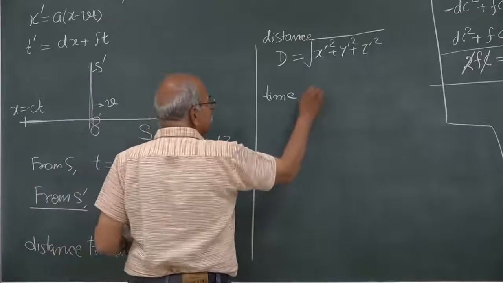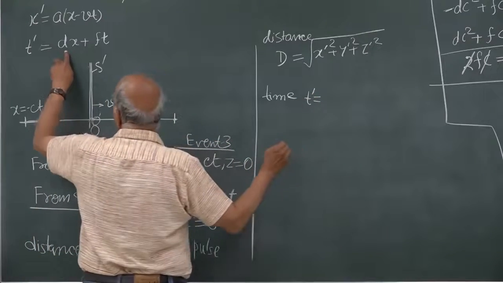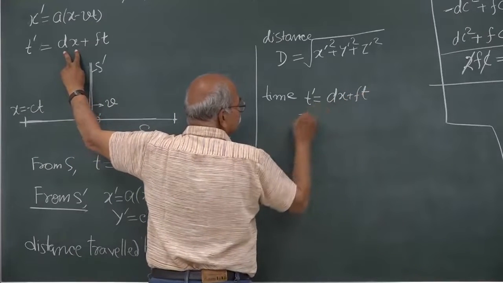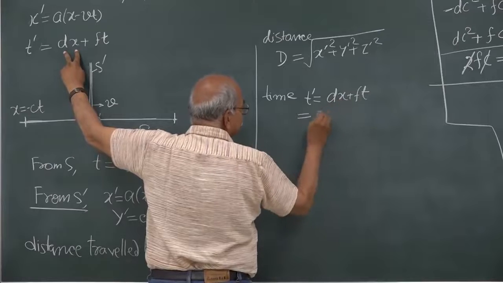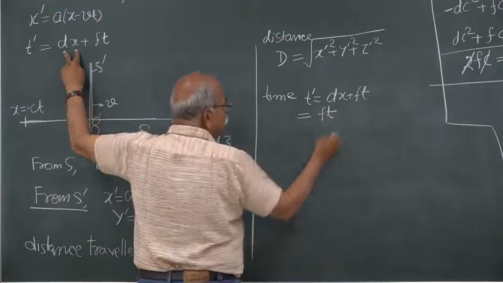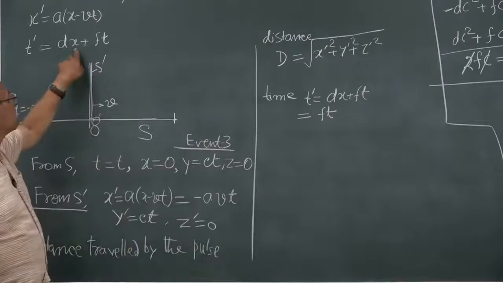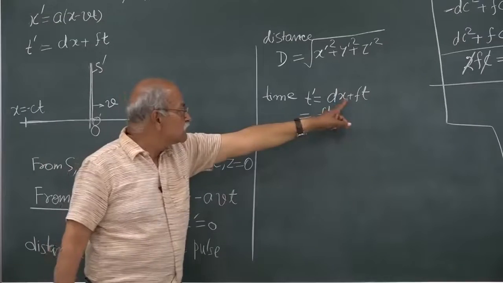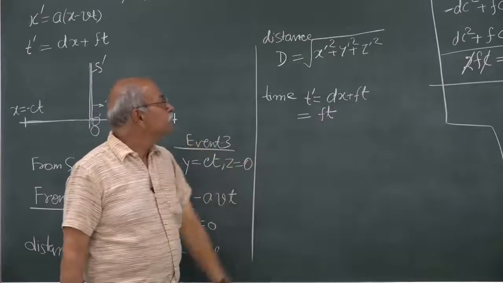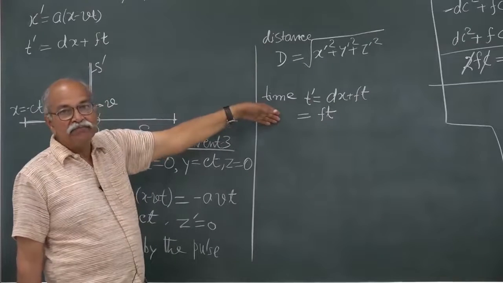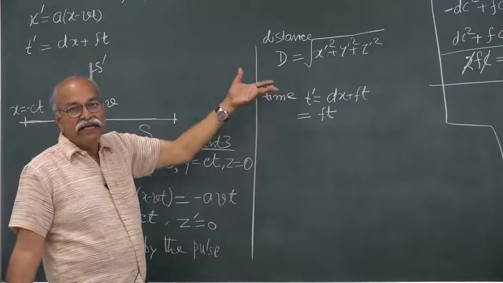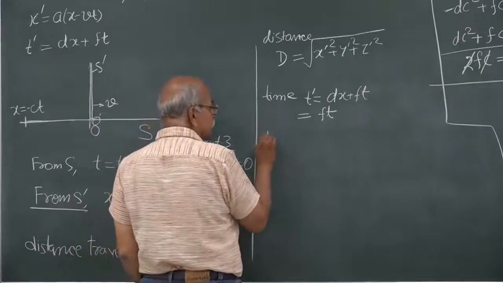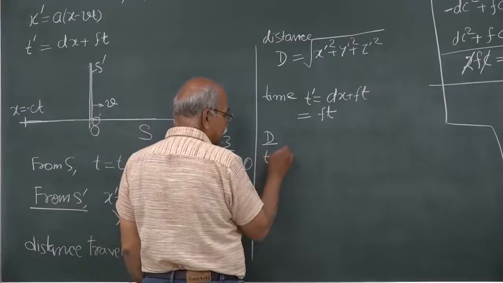So, time t prime is given by d x plus f t, and x is 0, so it is f t. T prime is d x plus f t, and for this event x is equal to 0. So, I put x is equal to 0. So, t prime is f t. So, distance by time is the speed of that light in S prime. So, that should be c. So, D by t prime, that should be c,